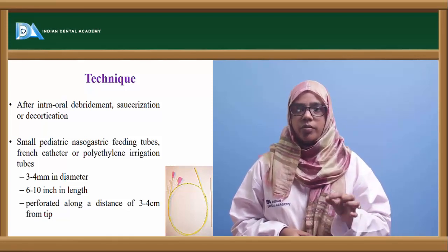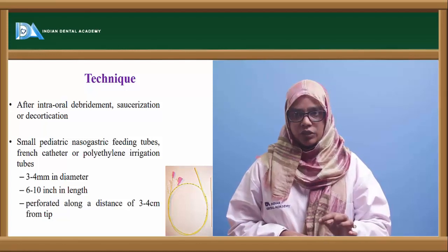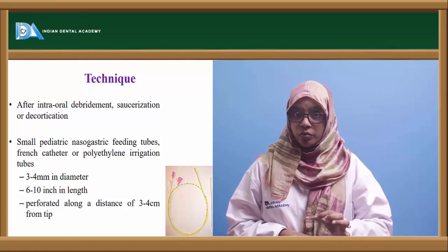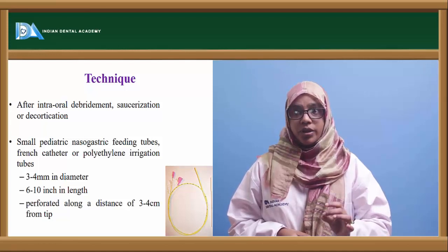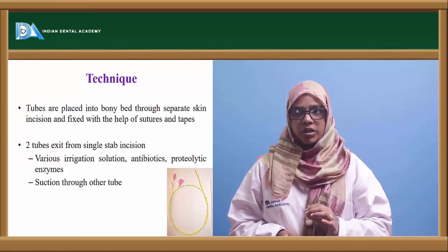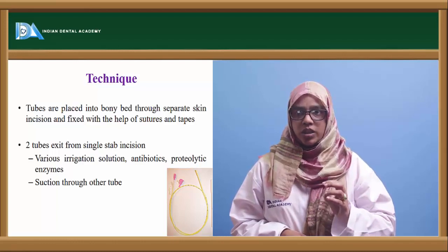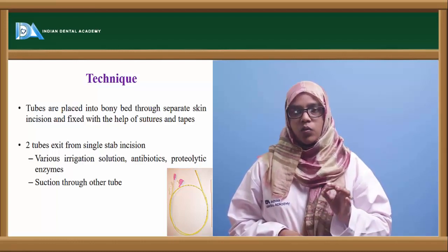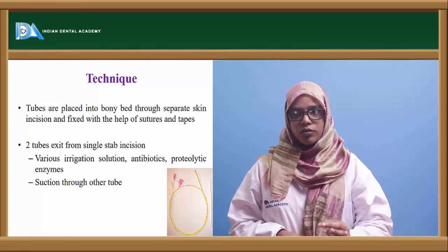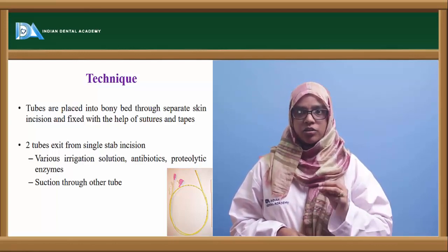Okay, small pediatric nasogastric feeding tubes are used, which are around 3 to 4 millimeter in diameter, 6 to 10 inches in length, and perforated along a distance of 3 to 4 millimeter from the tip. These tubes are placed into the bony bed through separate skin incisions and they are fixed. One tube is used to irrigate the solution and add the antibiotic, whereas the other tube is used to suck